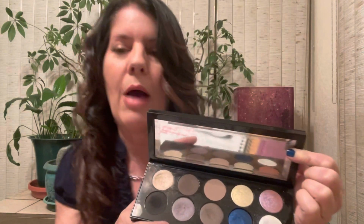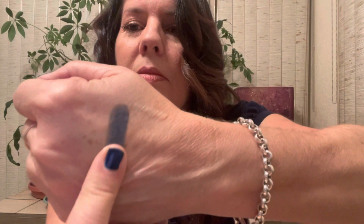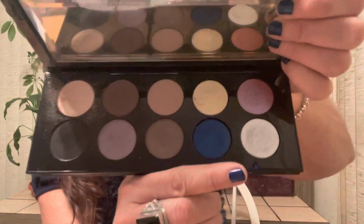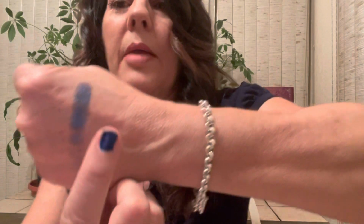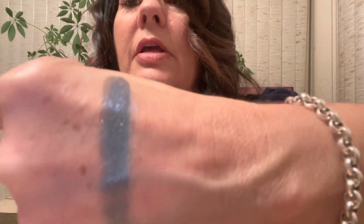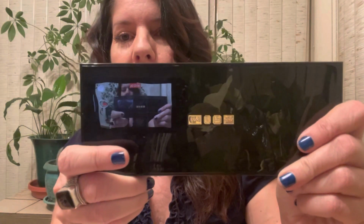And I never would think that I would pick a neutral palette as my all-time favorite, but I use this palette constantly. This Blitz Blue is so pretty. Let me just do a little swatch. It is so gorgeous, but then when you take this corner shade and put it on top, it totally, look at that. See what I'm talking about? Anyways, I'm not gonna swatch them all. And I never even like blue eyeshadow, but that is my all-time favorite eyeshadow palette from Pat McGrath, Mothership 1